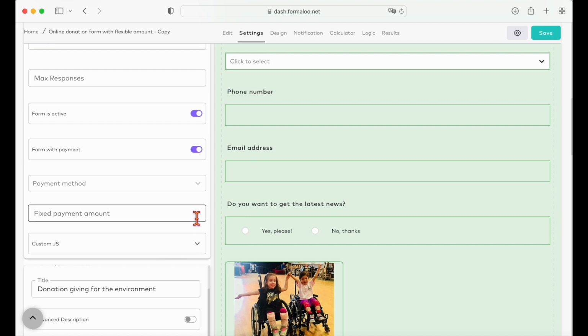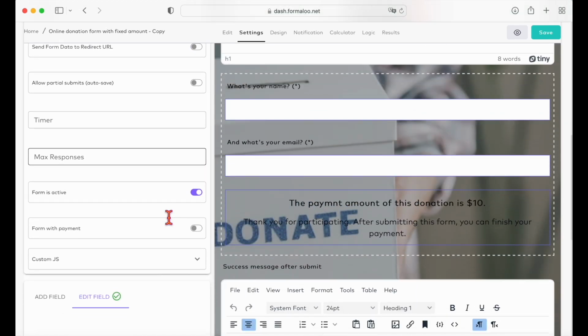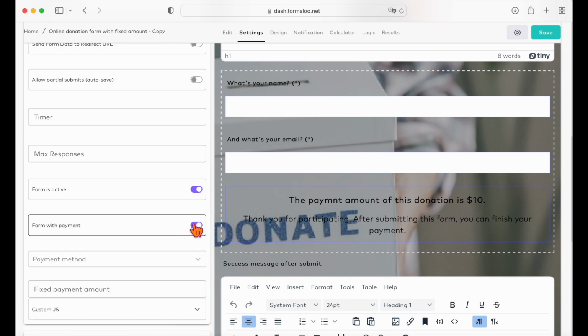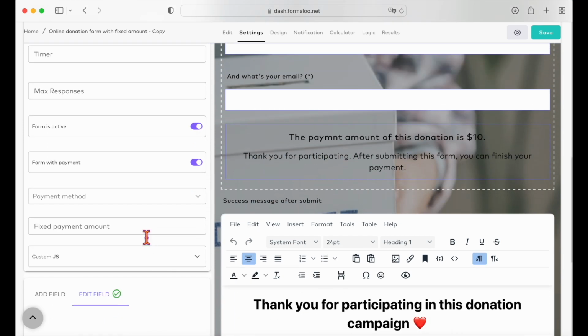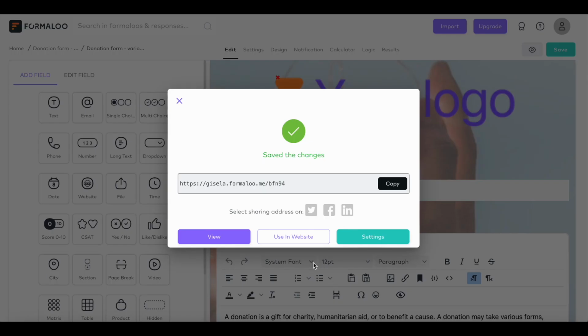And finally, let's now see the donation form with a fixed amount. To set a fixed donation amount on your form, all you should do is edit your form, go to the Settings tab, and enter the fixed amount in the Fixed Payment Amount number box. That's it! When you're ready to publish your forms and embed them to your website, click Save, Use on Website,